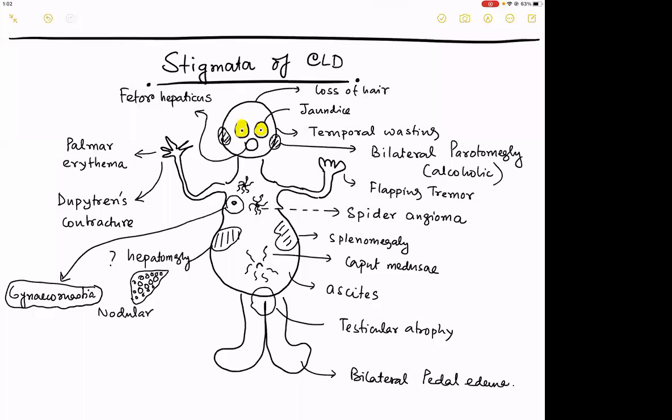If you have taken the snapshot of this picture, how long did I take in making this picture? How long did you guys take in making this picture? 5 to 10 minutes maybe? So if you are given a question in theory in medicine and surgery, or a short note on stigmata of a chronic liver disease, I will just make this quick picture. This scores 4 out of 5 rather than thinking about what to write. Believe me, this is the way to score good marks, and you know all of these things. Please tell me when I can proceed.